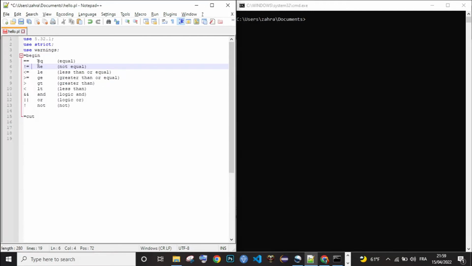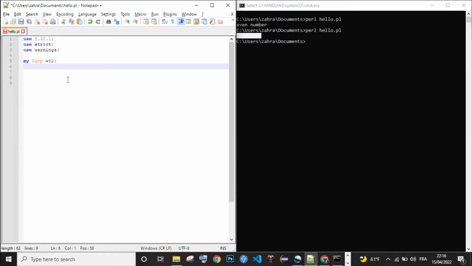In order to compare, we could use numeric operators or string operators. Let's try an example with our if statements. I have here my scalar, I called it group, I gave it 52, an integer. Then I put a condition of if group modulus 2 equals to 0, it's going to print out an even number.